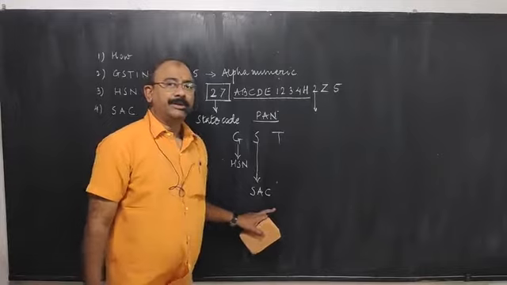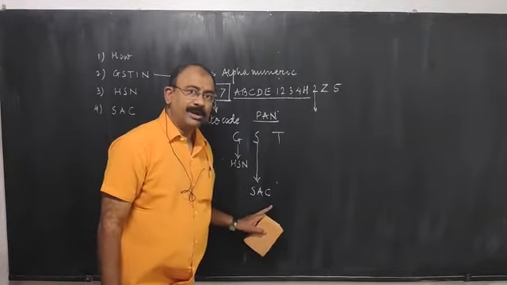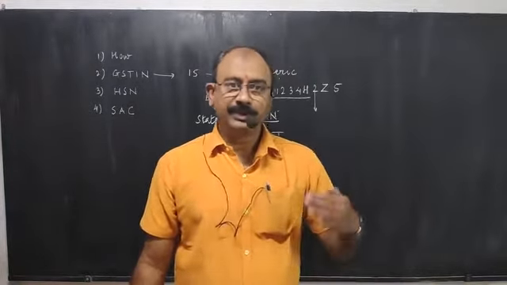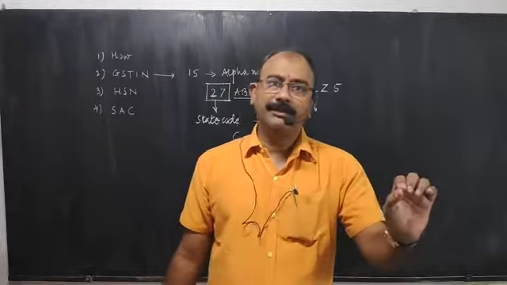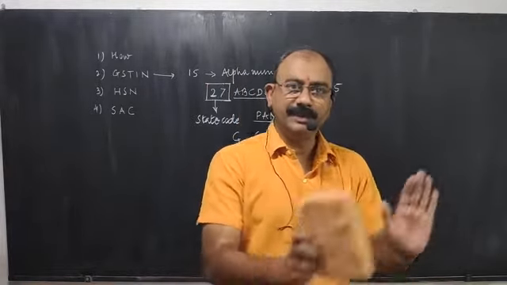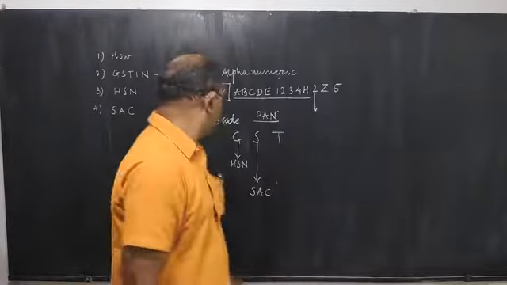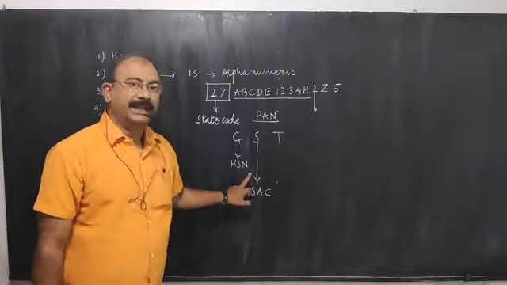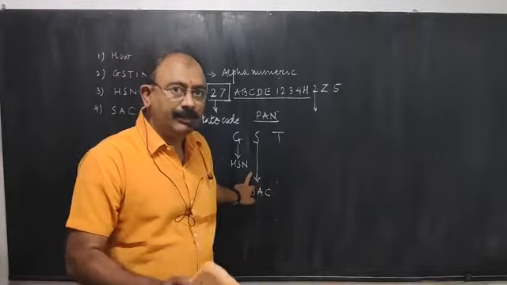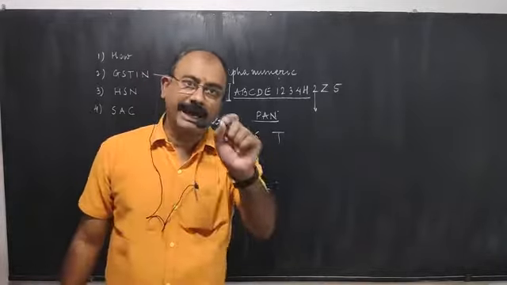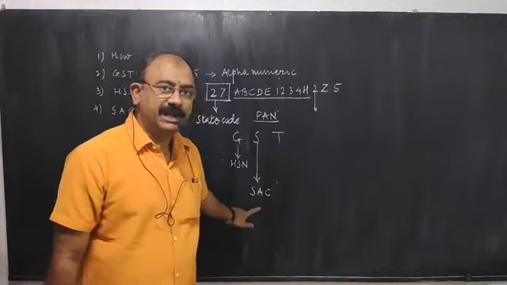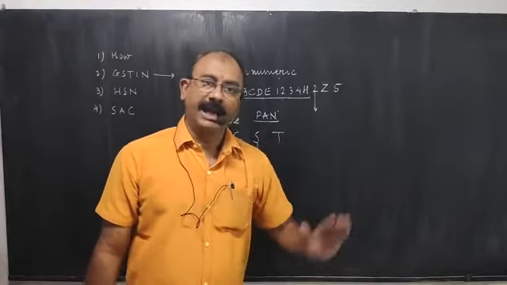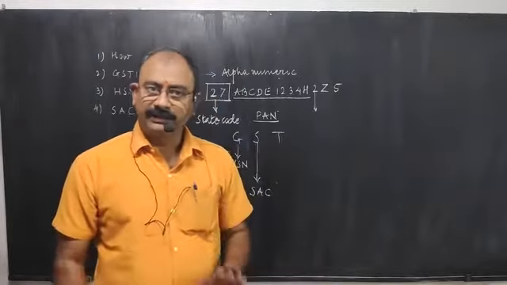Service Accounting Code. Suppose a doctor is treating a patient and earning money. He has been given some SAC, saying that he is providing this service, so this is the code for that service. So HSN stands for Harmonized System of Nomenclature. It is the digital number provided for a particular item. SAC stands for Service Accounting Code. It is the code given for that particular service, and using this we can create the tax invoice.